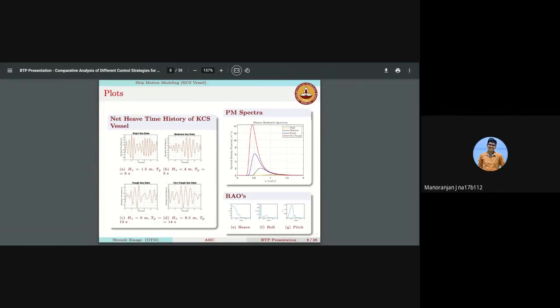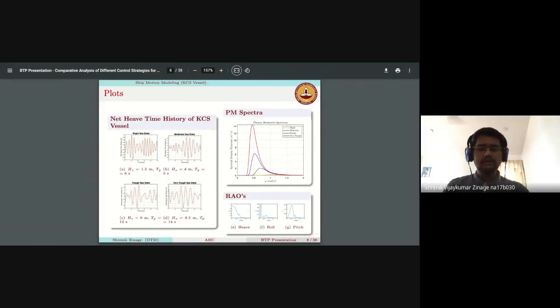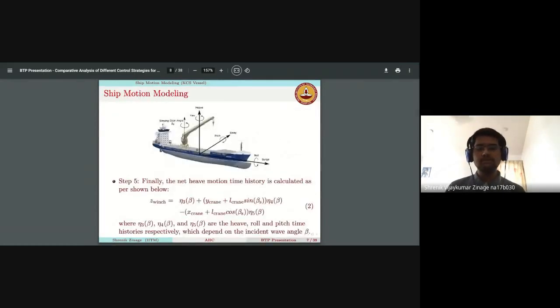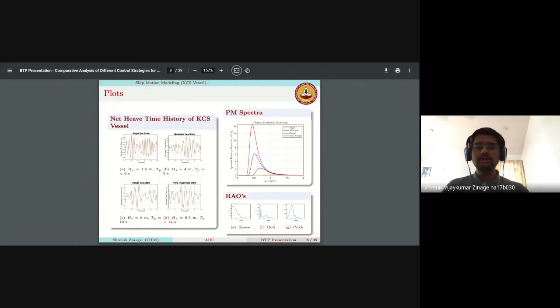Okay, and one more thing, what is meant by the slight, moderate, rough and very rough sea state? It's just specified in the sense that for a slight sea state, we have a particular significant wave height and a particular significant peak time period. Say for the PM spectrum, in order to determine the wave characteristics, we just need two parameters, right? One is the significant wave height and the other is the peak time period. Based on those two, I'm determining whether it's a slight sea state, moderate, rough, or very rough. Okay, so a lower significant wave height means a slight sea state, and higher means moderate, like that.